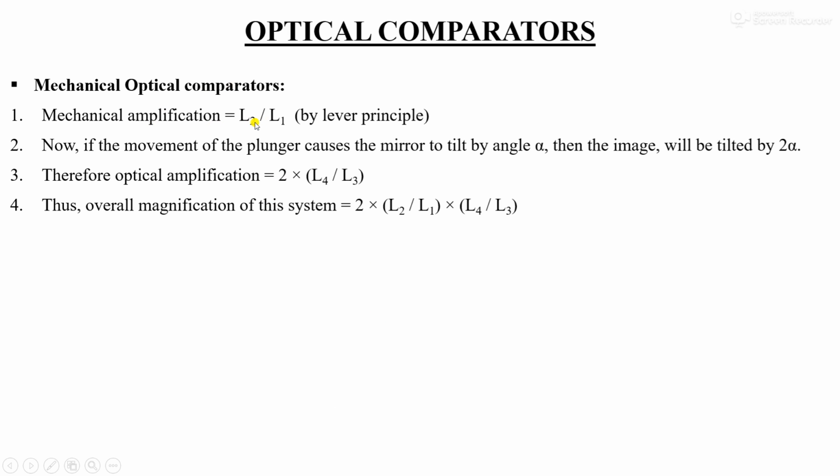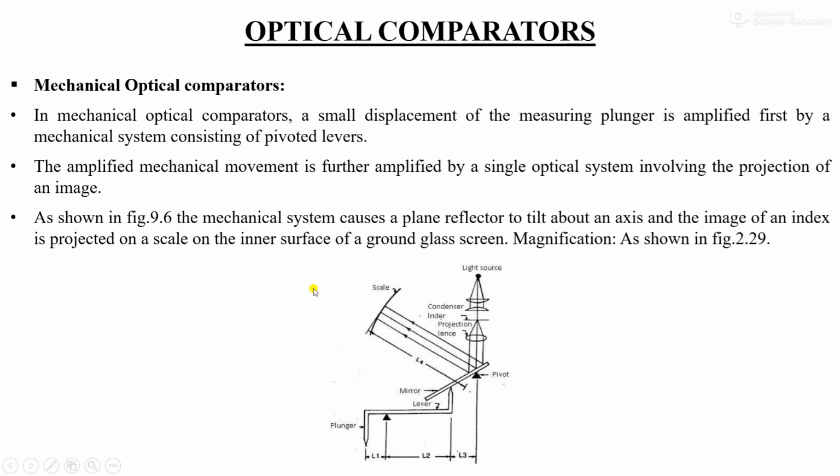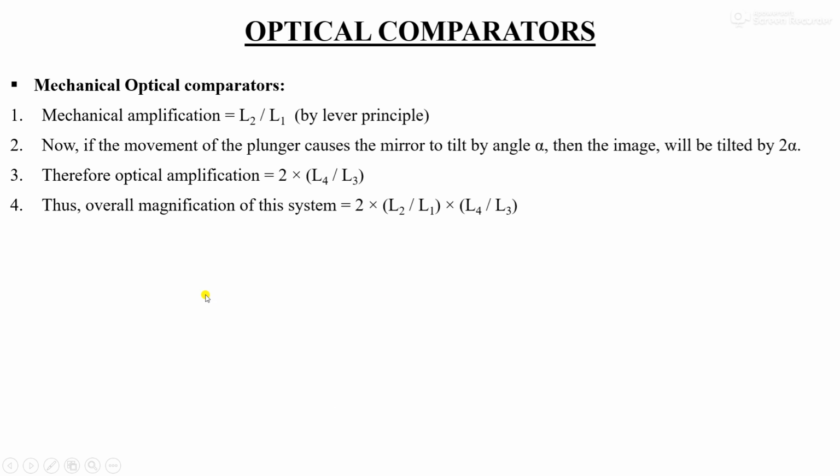L2 by L1, where L2 is the distance from the pivot to the point of contact between the plunger and the mirror. Right, L2 divided by L1, where L1 is the length from the plunger to the first pivot. Second,